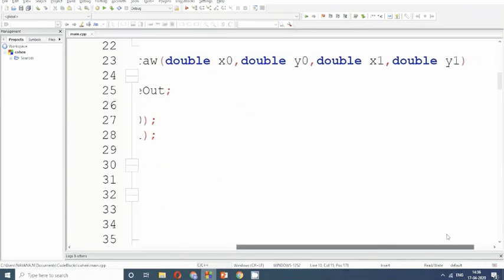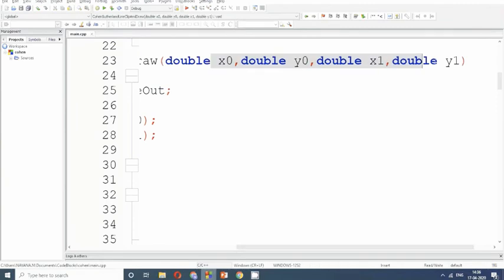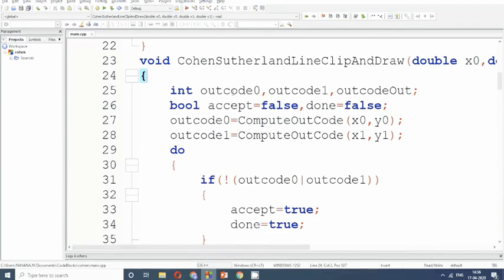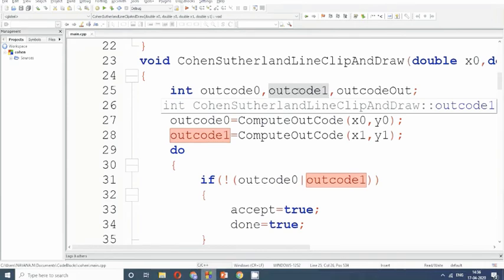So this Cohen function gets the input as the endpoints of the line x0, y0 and x1, y1. I have taken 3 variables. Outcode 0 is the outcode of x0, y0. Outcode 1 is the outcode of x1, y1.